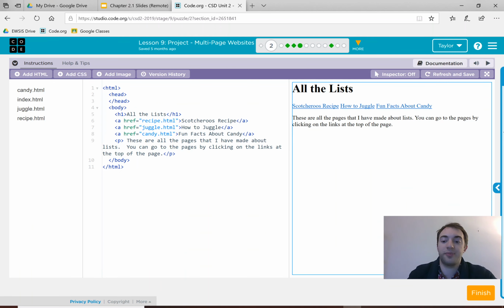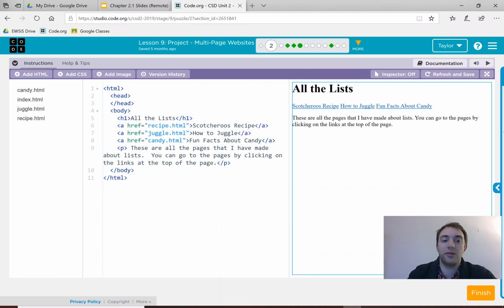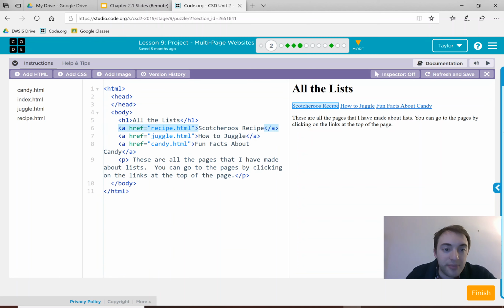Okay, first let's find it. We got this thing here, lesson 9, number 2. And we see this new tag, A. And it's surrounded by this weird stuff that's new. We haven't seen href, but it's not entirely different from an image. When I highlight just this A tag, this link becomes highlighted over to the right. When I highlight jungle, it highlights how to jungle. When I highlight recipe, it highlights switcheroos, scotcheroo. When I highlight candy, it says fun facts about candy. If I click on it over here,